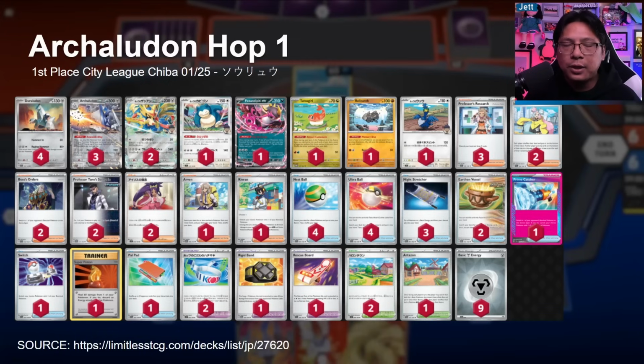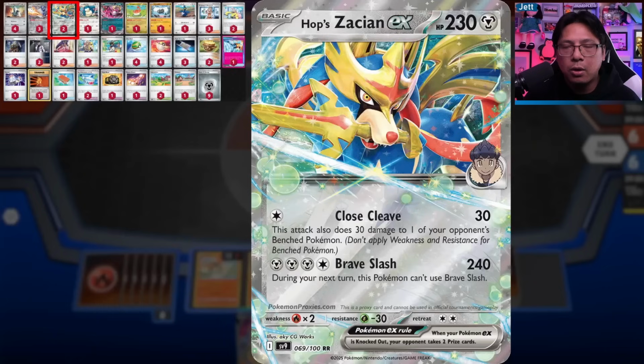Now let's transition into more of a hybrid build where we have Archaludon merging with Hop. We still have a 4-3 line of Archaludon as our primary attacker and that Relicanth so that Archaludon can copy Duraludon's Raging Hammer attack, but we have more of the Zacian as well as all of its support pieces. So we still have that bench sniping attack with Close Cleave, and then Brave Slash can do massive damage, but